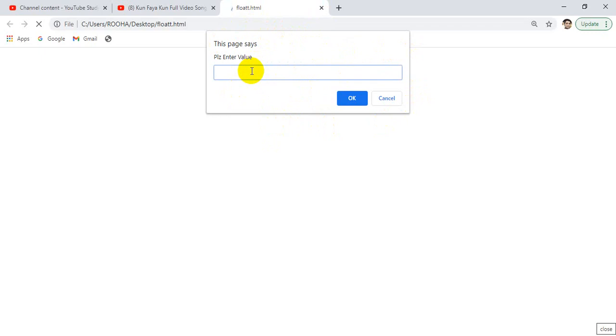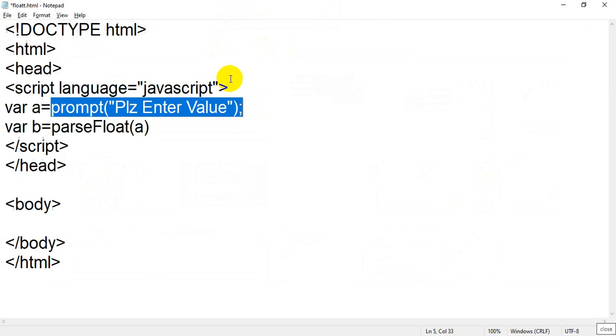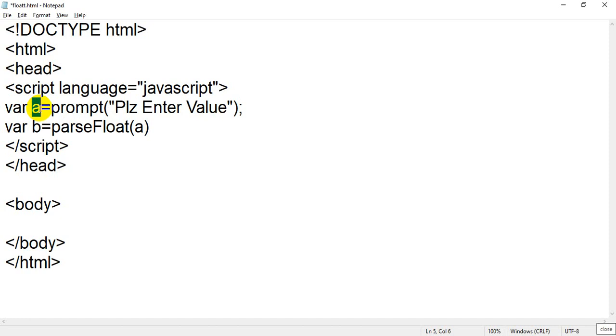So I have to write some value, for example 1 2 3 4. This 1 2 3 4 accepted by the prompt box will be stored inside variable a, because I have written the code that way. Now the value of a will be 1 2 3 4.